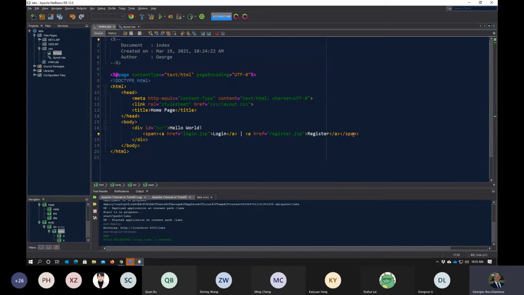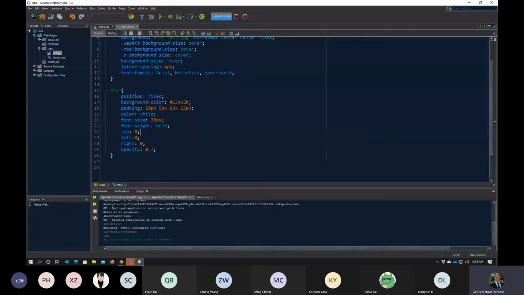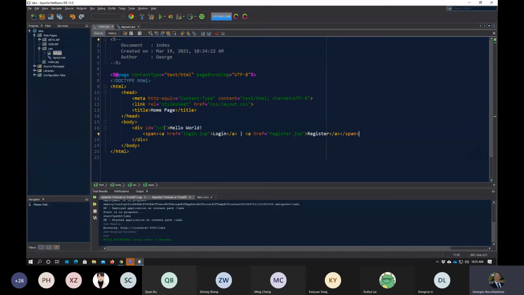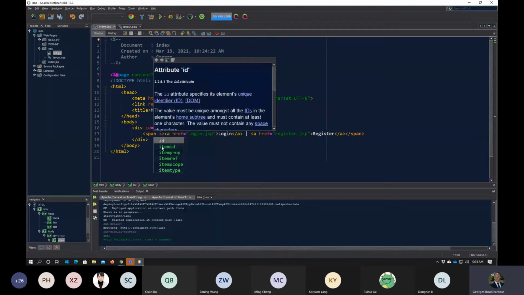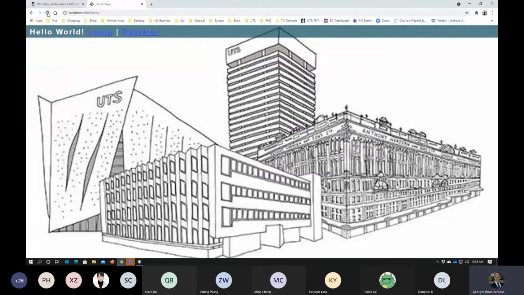links with it. Now, if I save and go back to my links, I have my links there, but they're still following the same rules of the div. If I want to separate the rules, I could, for instance, specify a new rule called links, and then go ahead and isolate my span and apply links to it. Now, if I save and go back to my page,